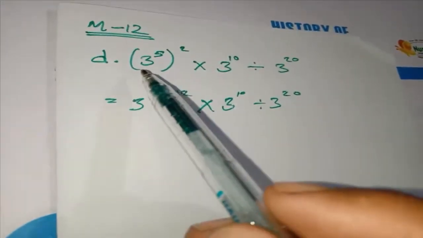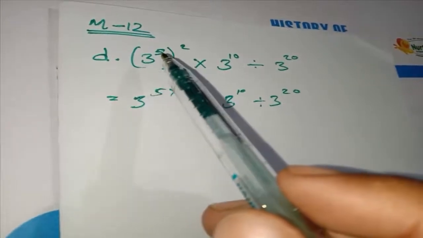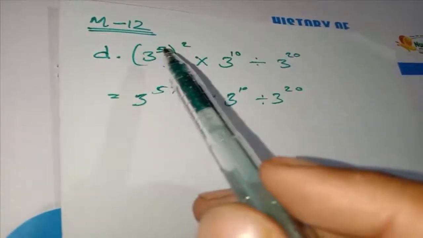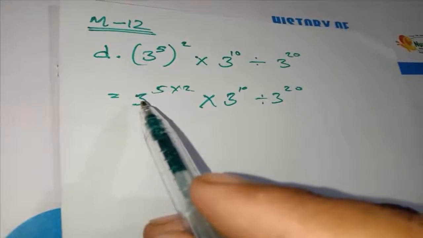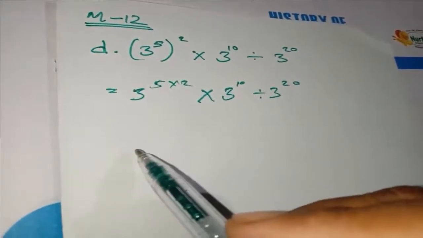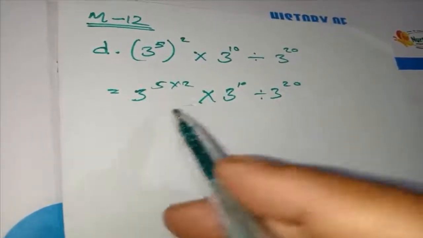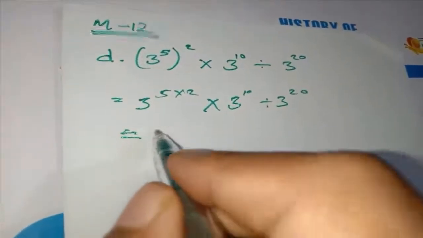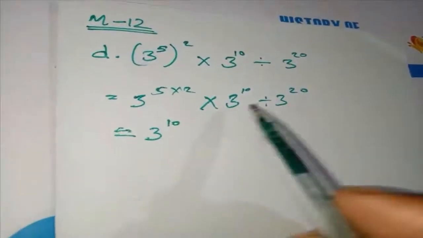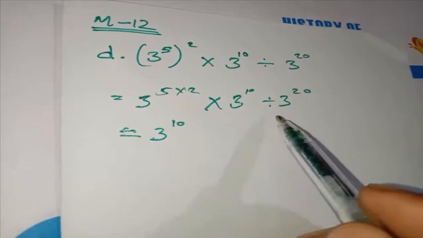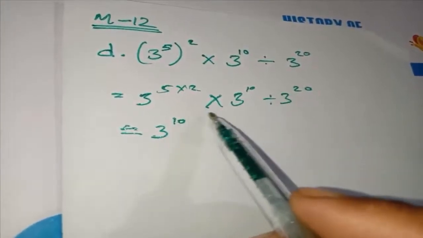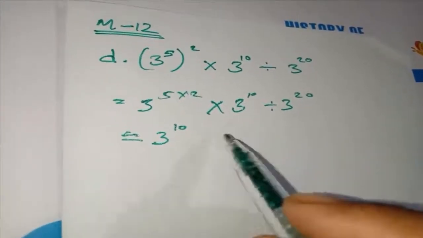See, if there is a base and an exponent and an overall exponent, then we can multiply the two exponents and the base will remain the same. That is the formula that we are using in this step. In the next step, this will be 3 to the power 10 and these two parts will be done next. Why? Because there is a division sign here and a multiplication sign here. So division will be done first.